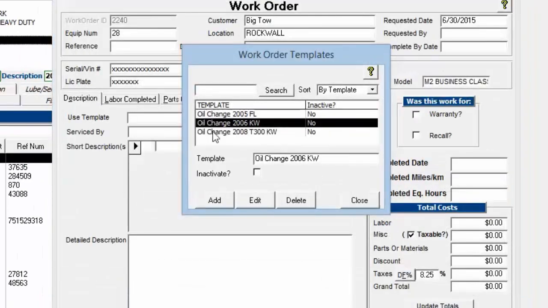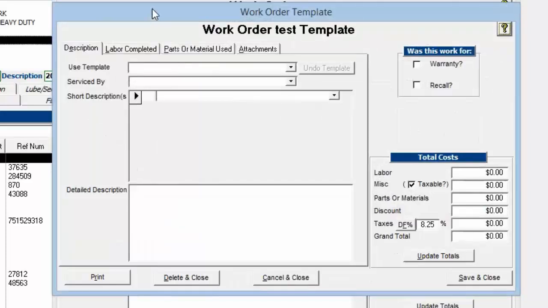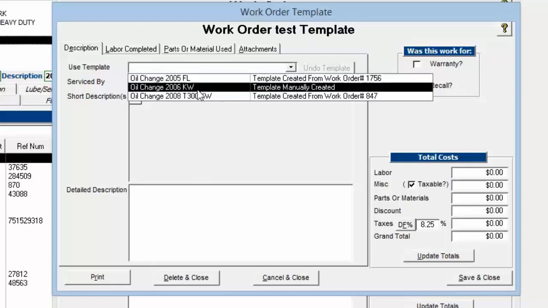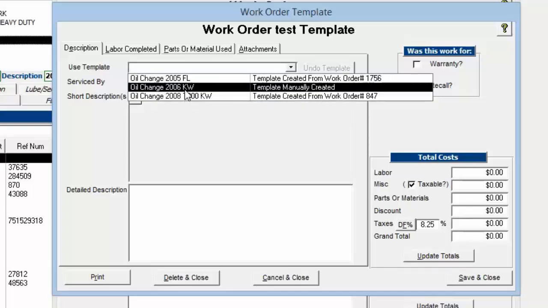Also, I can create a new template manually from this screen. If I click add here, I give it a name. I'm just going to call it test for now. And now I've got an empty template to work with. It's called test, as you can see at the top here. And to populate this template, I can use an existing template if I want to as a starting point. So for example, if I use